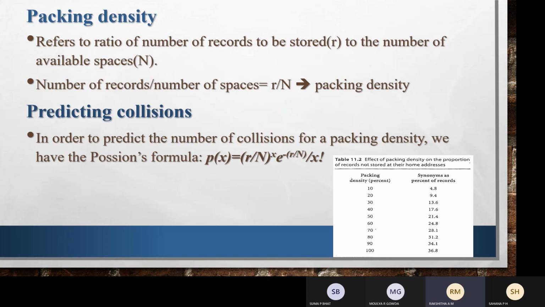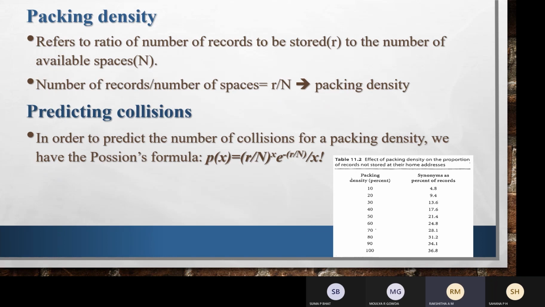The packing density gives a measure of the amount of space in a file that is used, and it is the only such value needed to assess the performance in the hashing environment. Assuming that the hashing method used gives a reasonable random distribution of records, the raw size of the file and its address space do not matter. What is important is the relative size of the two, which is given by the packing density.